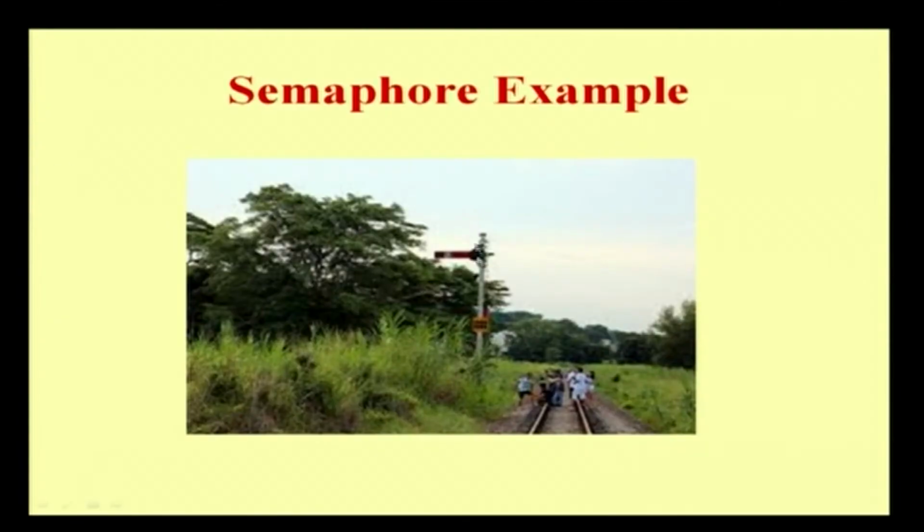Here, now, what is a semaphore? You would have had an experience in traveling trains, and you would have seen the railway tracks. How do the railway tracks look? You would have seen even the signals that have been put on the railway tracks. So, how does it look like? So, here is an example, and this point is called a semaphore, wherein this is said